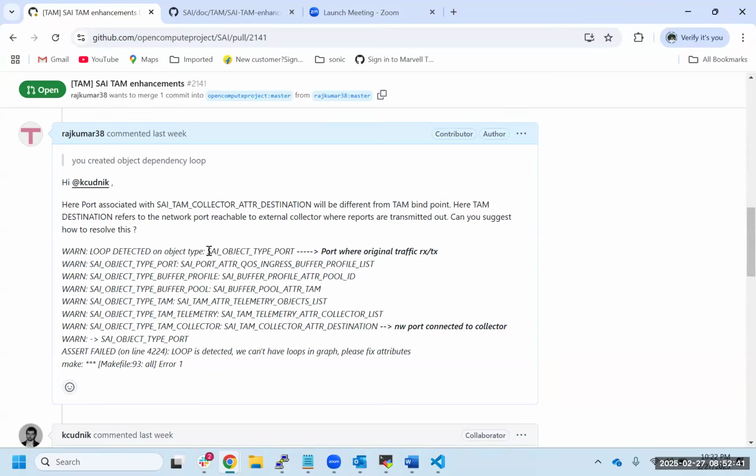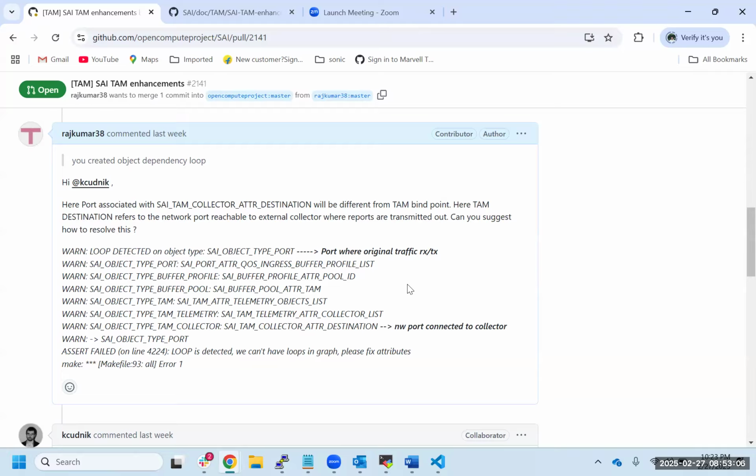So the problem here is input from the community of the server. At this level, we don't care whether this port is actually exactly the same port or not, in terms of OID. But this algorithm checks whether there is a loop. So basically, can you go from one object to another?